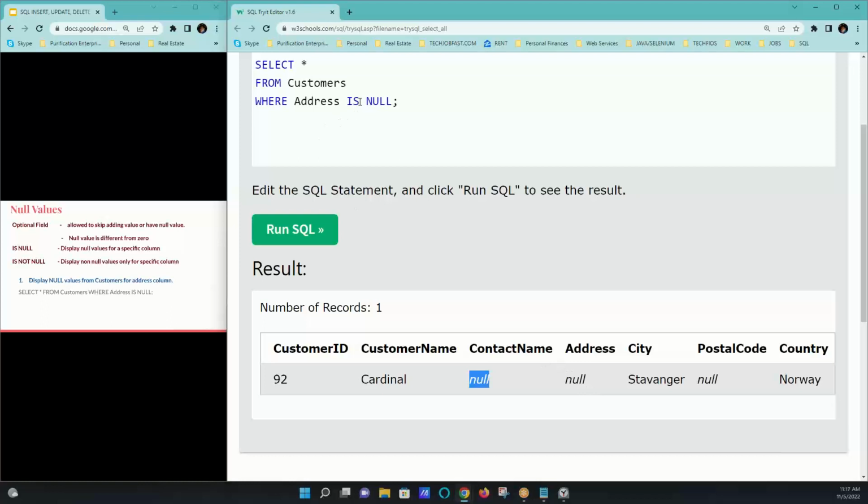Now, I can change that to is not null. I might need to use this is not null when I want a list of customers that don't have this empty address field. Let's say I need all the address fields. So I want these empty address fields to get skipped out and not given to me. In that case, I can say address is not null. And if I search,